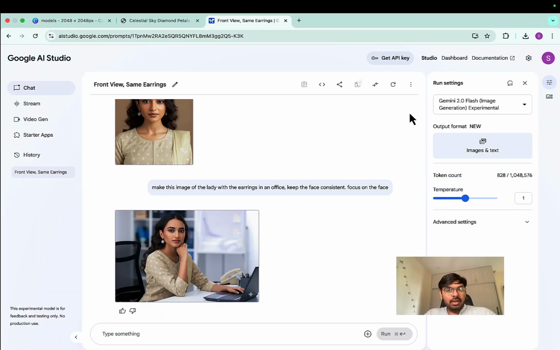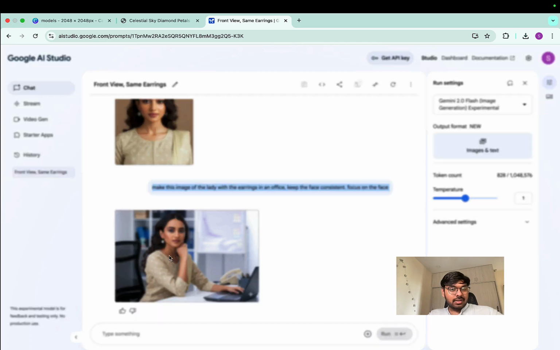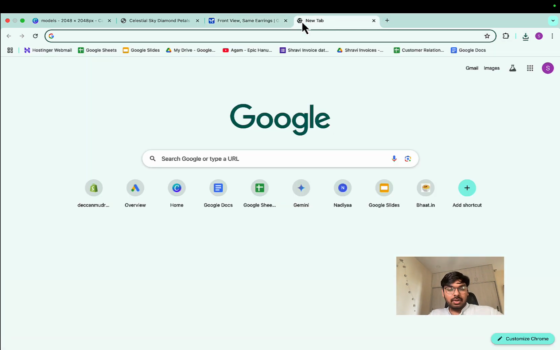Hi folks, so I've improved the prompt a bit. Instead of asking for a lady walking in the lobby, I've asked for someone who is wearing earrings in an office. So this is great. I can see the image, I can see the earrings. Let me download this image. I will move on to Kling,